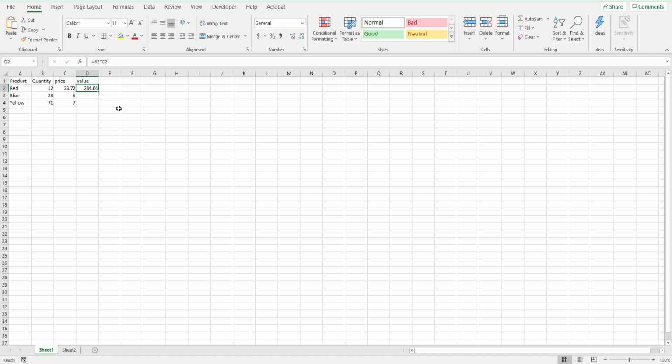And how I can do that is by using something called the fill handle. And the fill handle works basically like this. You see this little square in the bottom right corner of the box here? If I place my cursor over that, it changes to a plus sign, and I left click and I drag it down, let it go. It just copied